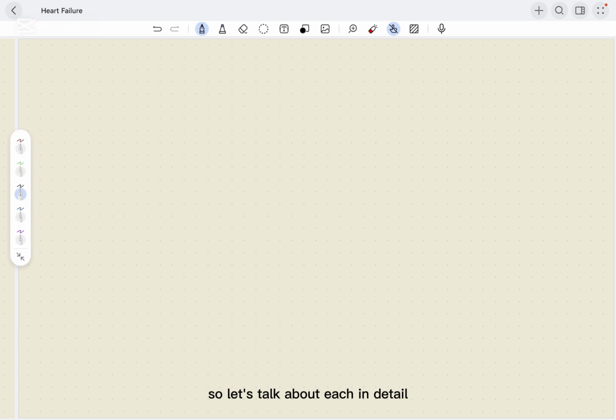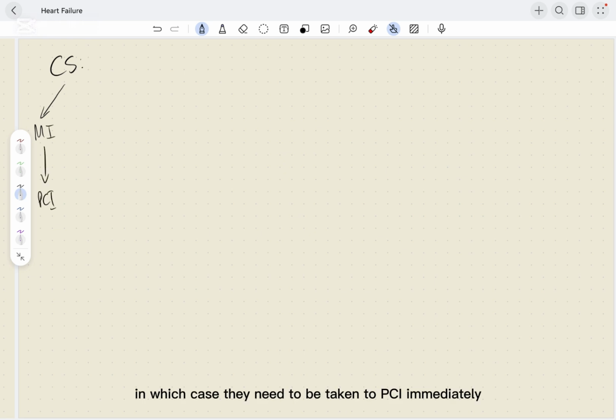So let's talk about each in detail. If the patient has cardiogenic shock, then there has to be early involvement of cardiac ICU and a cardiology consult needs to be done. What is the underlying pathophysiology of this cardiogenic shock is important to determine. Is it MI, in which case they need to be taken to PCI immediately? Or is it something like papillary muscle rupture, septal rupture, or any free wall rupture, in which case they need